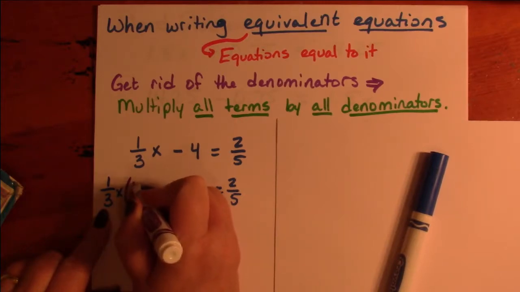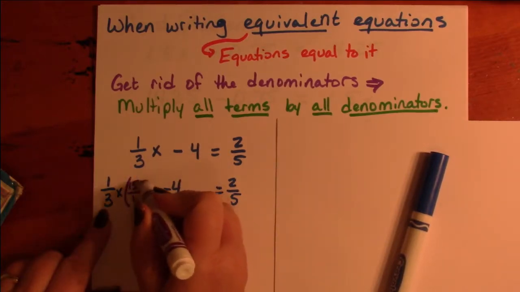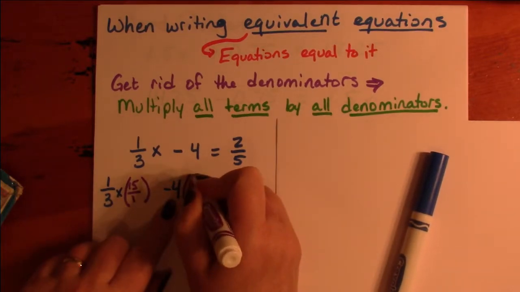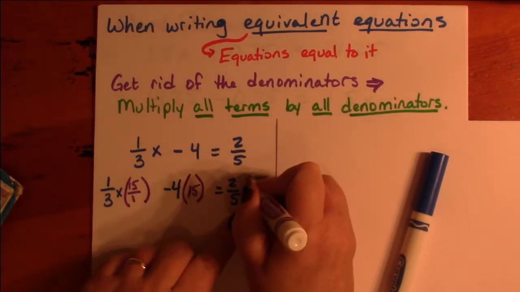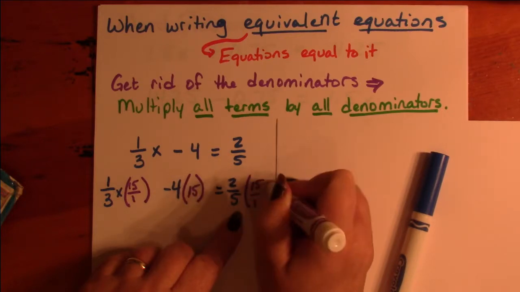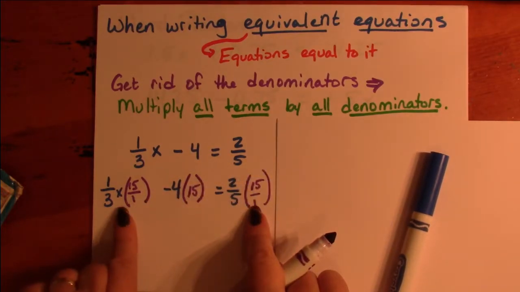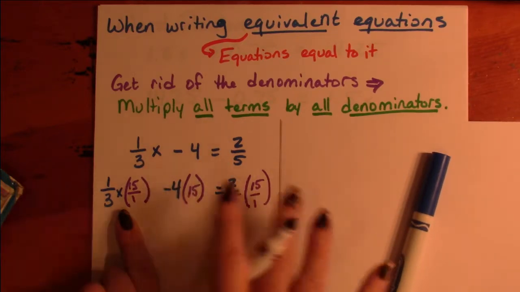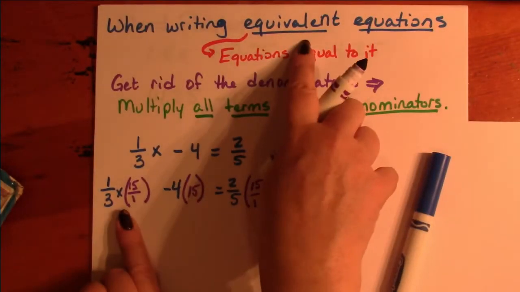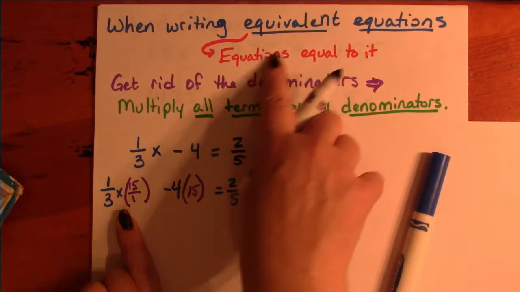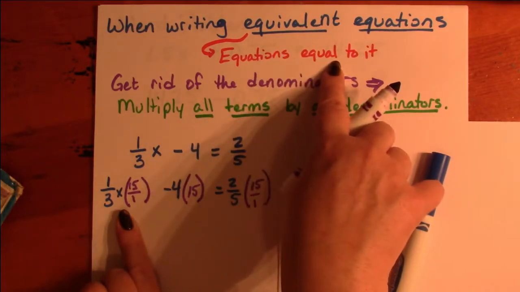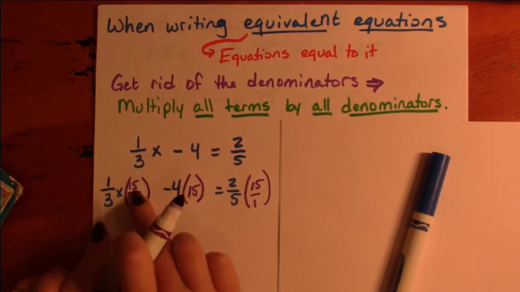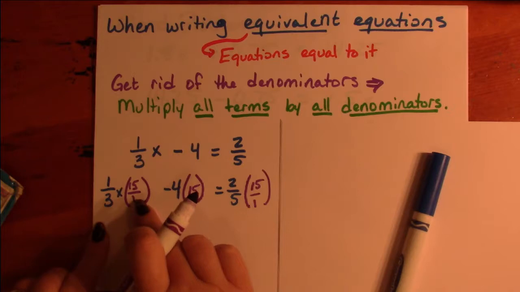We're going to multiply this by 15 over 1. We're going to multiply this by 15. And we're going to multiply this by 15 over 1. Because these are all the same number. And when we do everything on both sides of the equation by the same thing, we're not changing the equation. We're making equations that are equal to it. These are all equivalent. Now, when I multiply these two together,